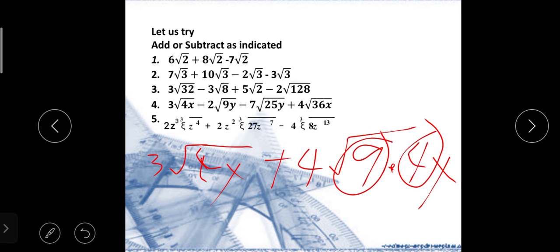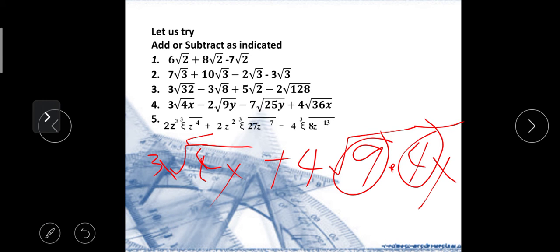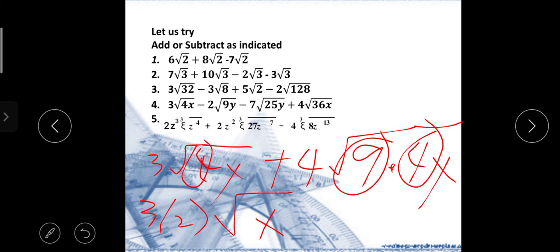So, pwede natin siya parehong ilabas. So, ganun din dito sa kabila. Pwede din natin siyang ilabas. So, magiging 3 times 2. Ang maiiwan dito, ang square root ng 4 is 2. So, ang maiiwan dito ay x na lang. Dito naman sa kabila, ang maiiwan dito ay,